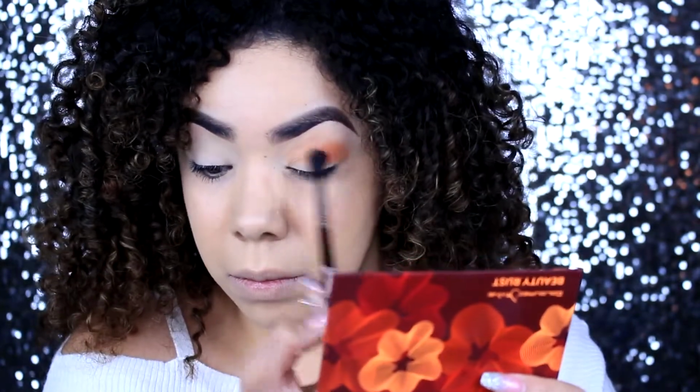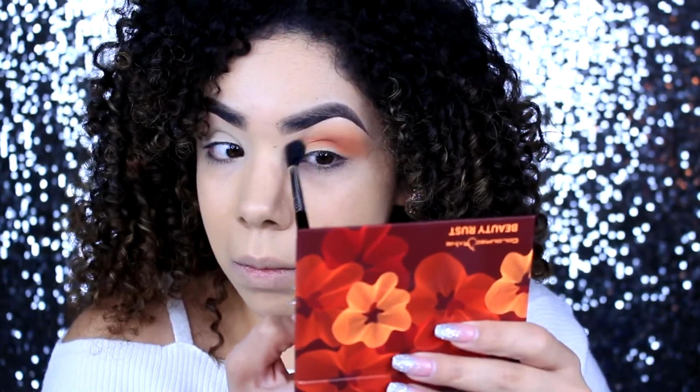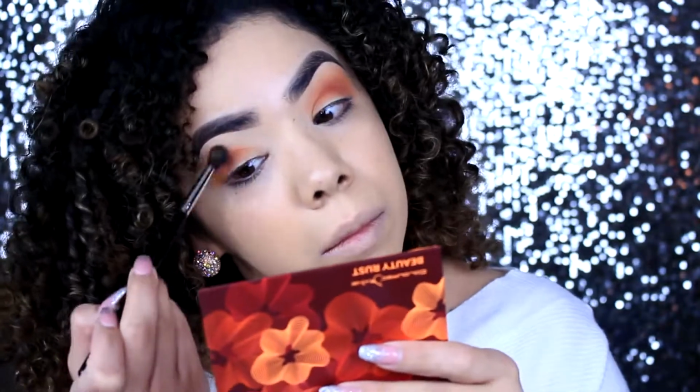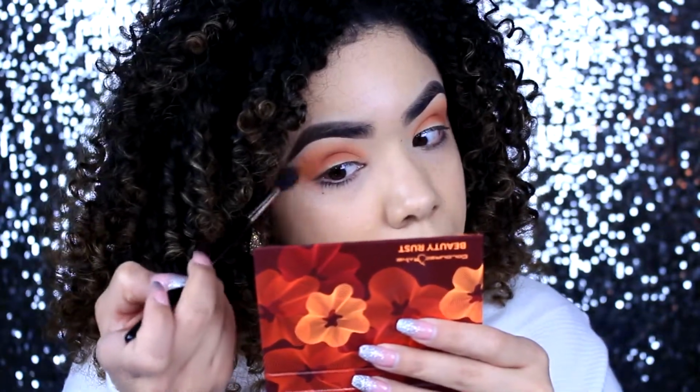We are going to start with the Raine Beauty Rust palette in the color Natural, and it's coming off a lot more orange than it does in the pan, but I don't mind. I am all about them warm tones, and I'm gonna use this Sigma E40 brush, and I'm gonna blend it all over my eyes, and I'm gonna use this as our first transition color. I'm going to build the color after I blend it out to the intensity that I want,